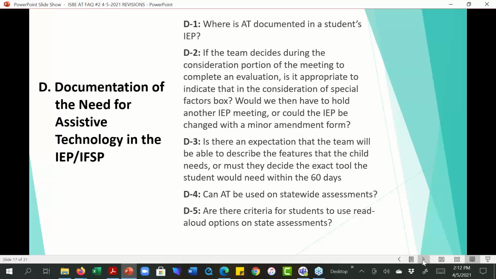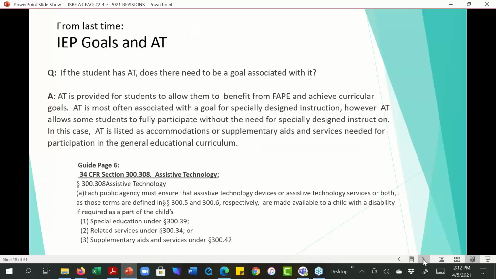And I believe these are the 5 questions in the frequently asked questions guide. Again, we had many questions in this area, documentation of the need for assistive technology in the IEP. So we're going to move forward to some of those questions from last time, and if you have additional questions, we'll be able to answer them now, or you can type them into that Google Doc that we mentioned earlier.